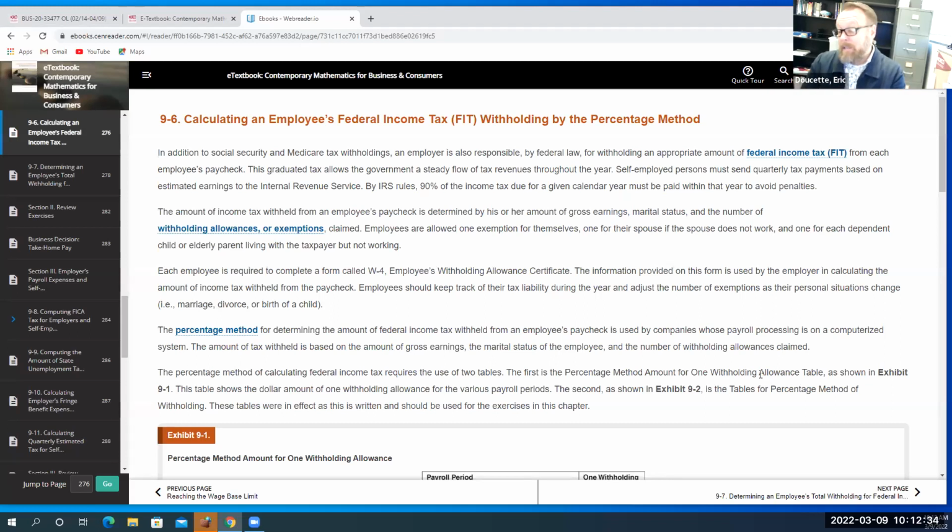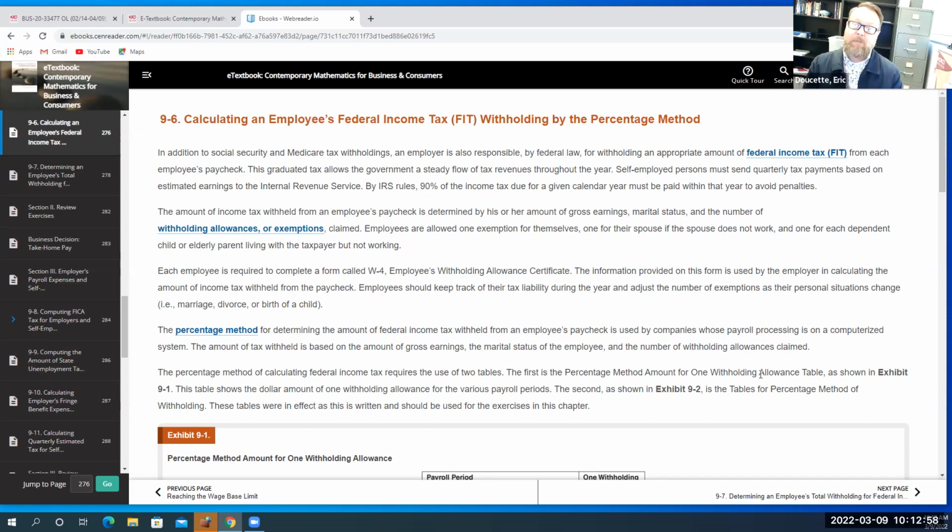And a lot of us like the fact that, hey, at the end of the year, I'm willing to pay more into my taxes. So that way, at the end of the year, when they calculate my taxes, they're actually less than what I paid in. So therefore, I get this nice refund at the end of the year. And some people like to do it that way. Other people feel like that's a waste because basically you're giving the government your money to hold on to, and you're not making any money off of that money.